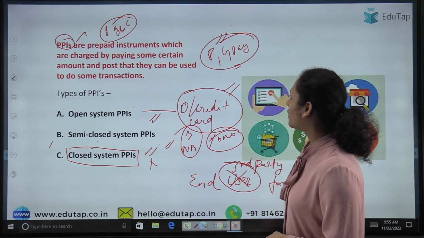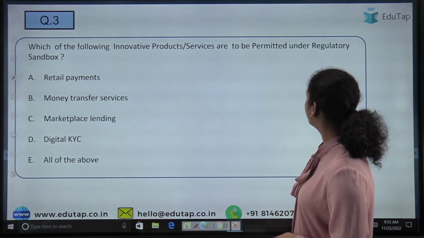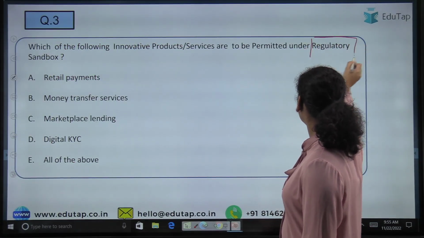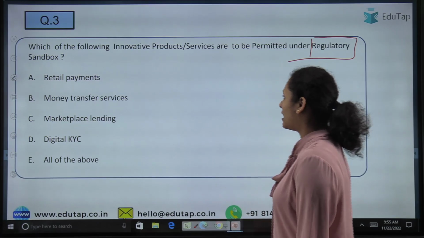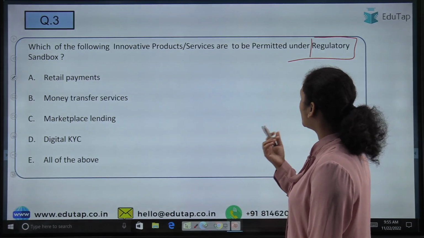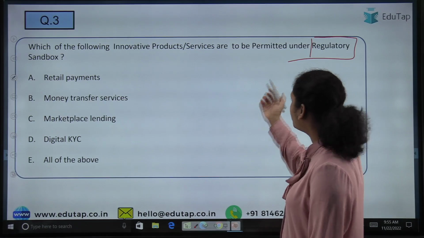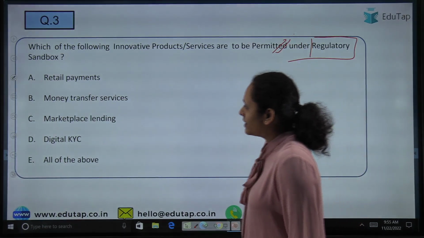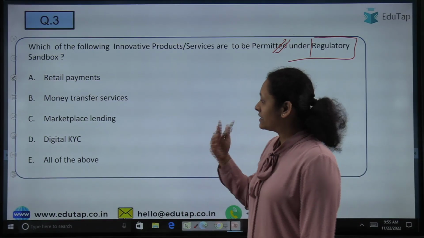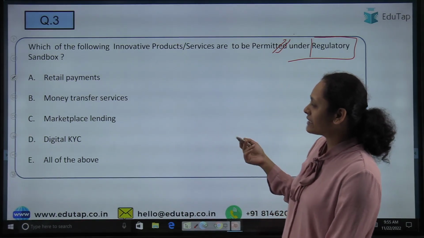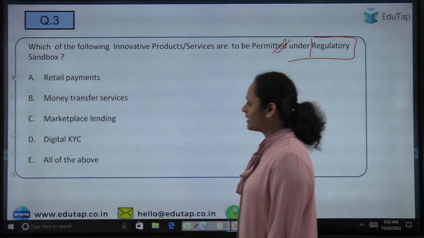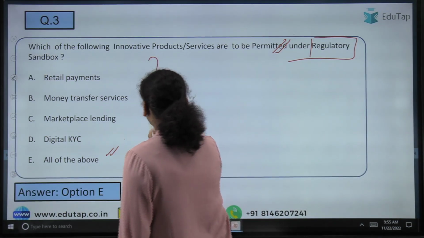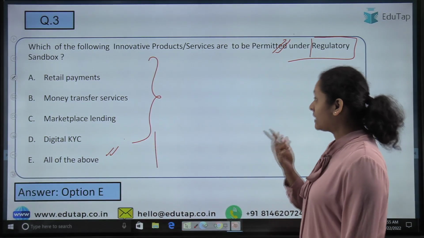I hope you understood what PPIs are. Let's move to the third question. This question is about the regulatory sandbox. The question asks which of the following products or services are permitted under the regulatory sandbox? Is it retail payment, money transfer, marketplace lending, digital KYC, or all of the above? The correct answer is all of the above, that all of these services are provided by the regulatory